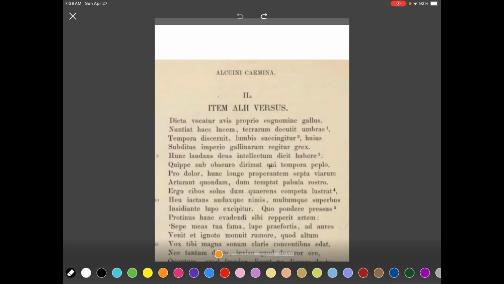This is a poem by the medieval writer Alcuin of York, ferreted out by a student who is researching the Canterbury Tales. The poem tells an early version of the story about the rooster and the fox or the wolf that became the nun's priest's tale in Canterbury Tales. The poem is written in dactylic hexameter.